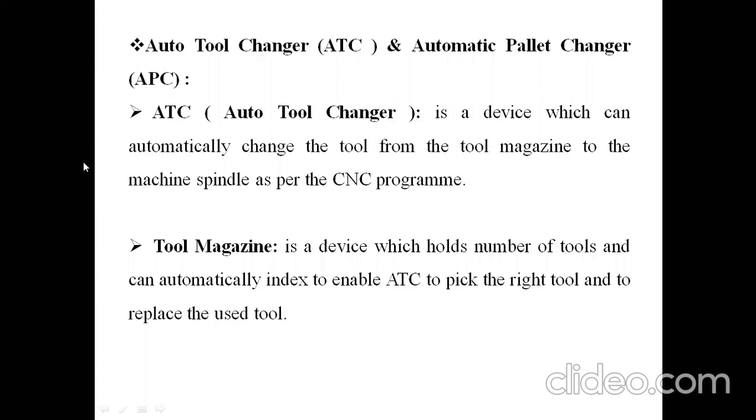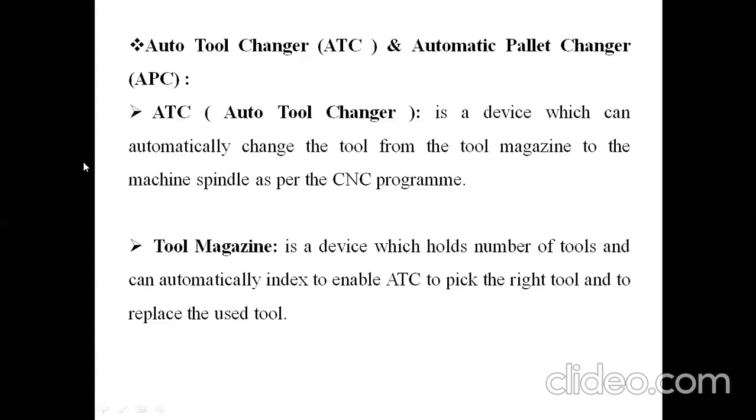As we know, we are writing a program or giving commands in terms of symbols or codes to the system or a machine. So when we are giving commands to the machine, T0101, that is a tool number which we have to select to carry out the operation. These tools are mounted over the magazine, and this magazine is mounted or clamped over your automatic tool changer. According to the command, according to your sequence number, your machine will select the type of tool to perform the machining operation, that is your automatic tool changer.